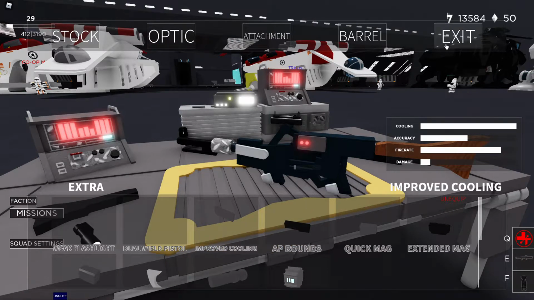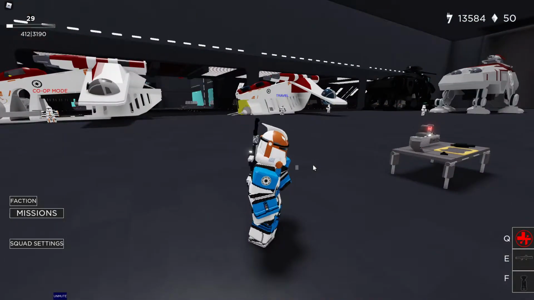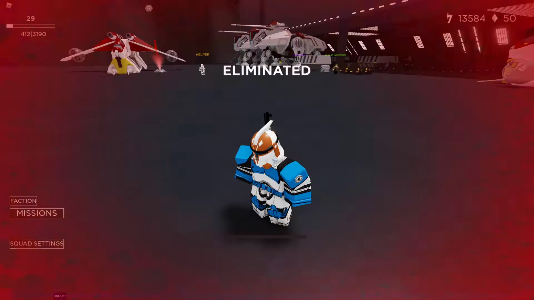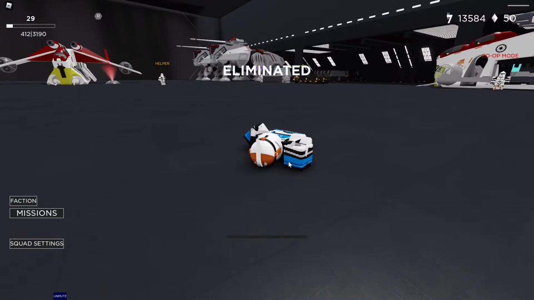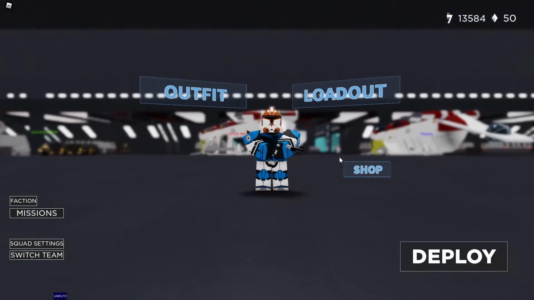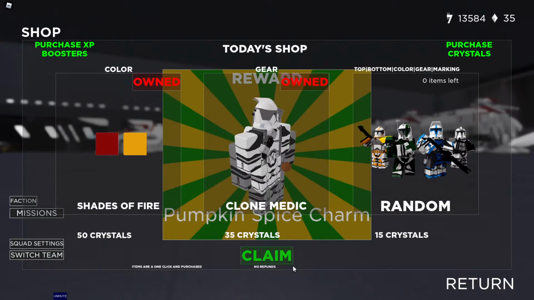Improved cooling, what I use, but also is not, so that's just going to permanently be there, I think. A new friend, so if we go into the different attachments to show you some more stuff, so I'll shop. This is where you get all the Game Pass stuff, like crystals. This is of course where you get all the other items. It says there's something remaining, and